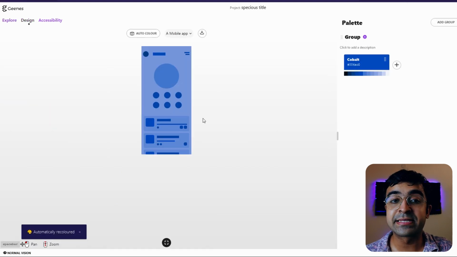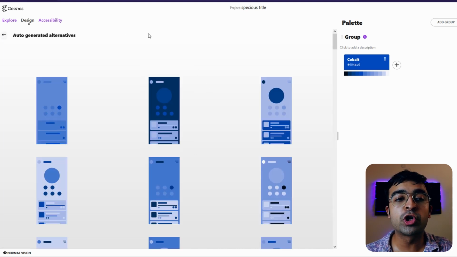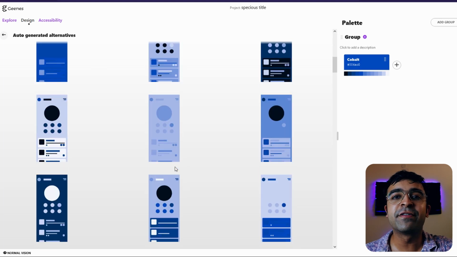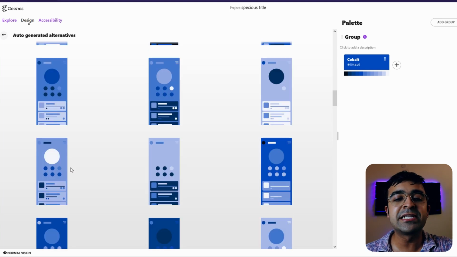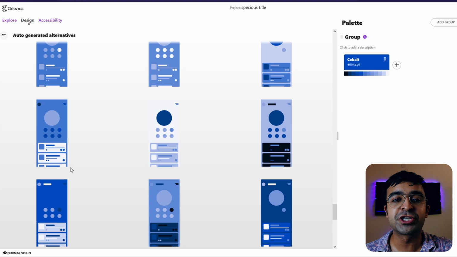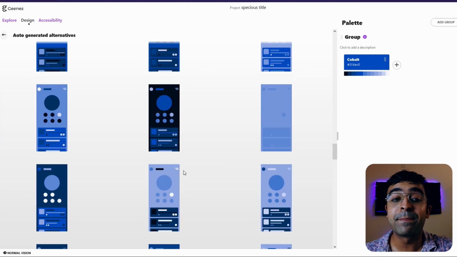Now, not only this, the great part is that it can be added to your UI. So for example, I have a UI already laid out here. It's a basic wireframe. However, I can actually auto color this with a variety of these colors. See how it adjusts this one main color into so many different kinds of UIs with so many different variations. Dark mode, light mode, saturated, desaturated, pastel.